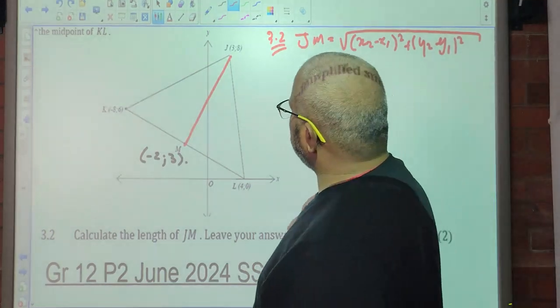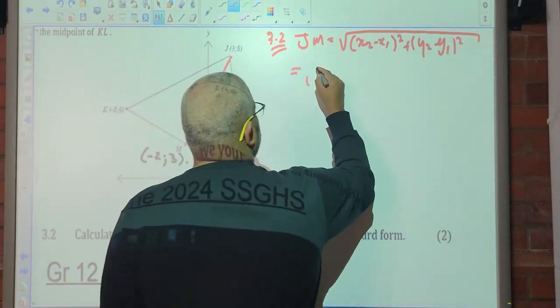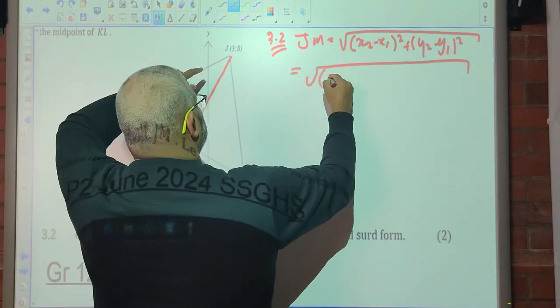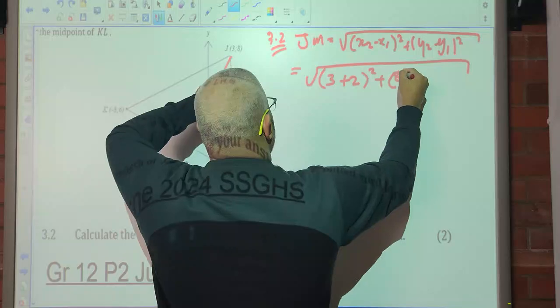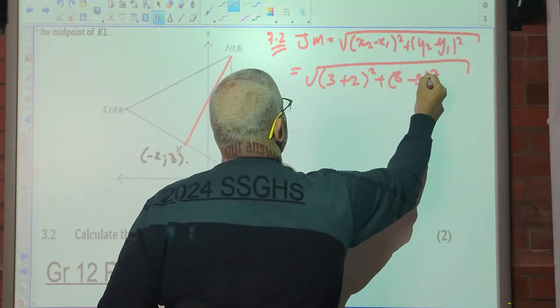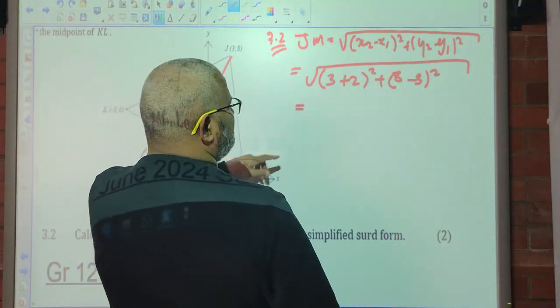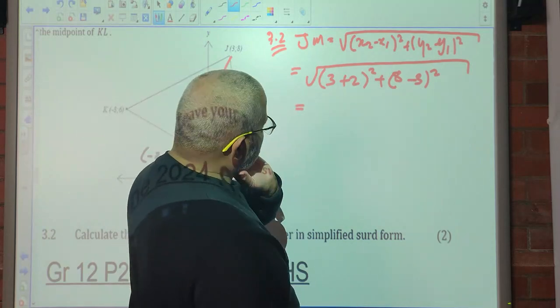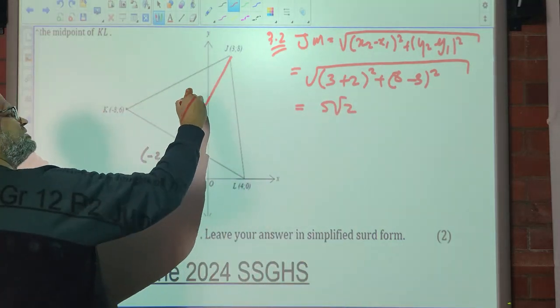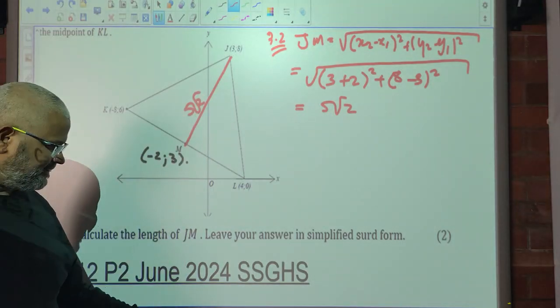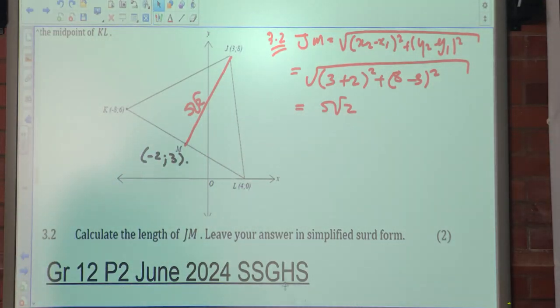Okay, so J is 3 and 8. So it's going to be 3 minus negative 2 squared plus 8 minus 3 squared. Okay, so that's going to give you 5 squared plus 5 squared. It's going to be 50, so it's 5 root 2. Is that correct? 5 root 2. Then the next question says,